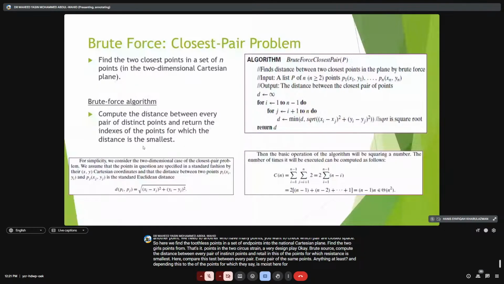Here, for simplicity, we'll consider the two-dimensional case of the closest pair problem. We assume that the points in question are specified in a standard fashion by the x, y Cartesian coordinates and that the distance between two points